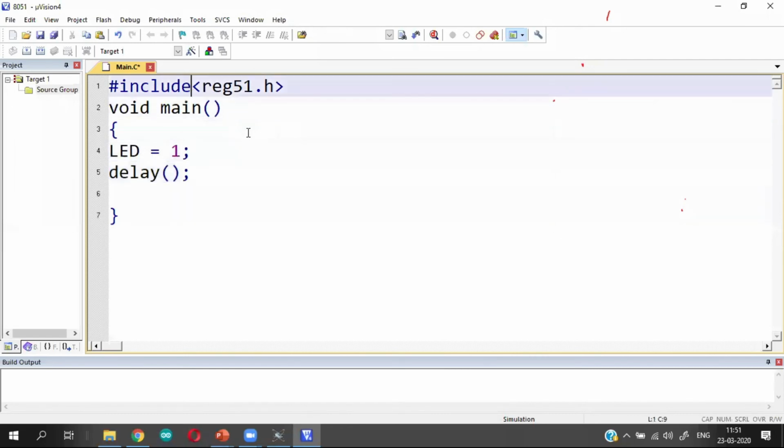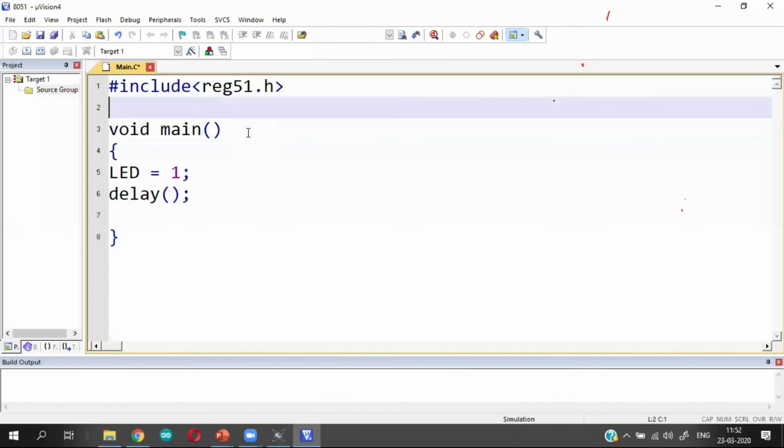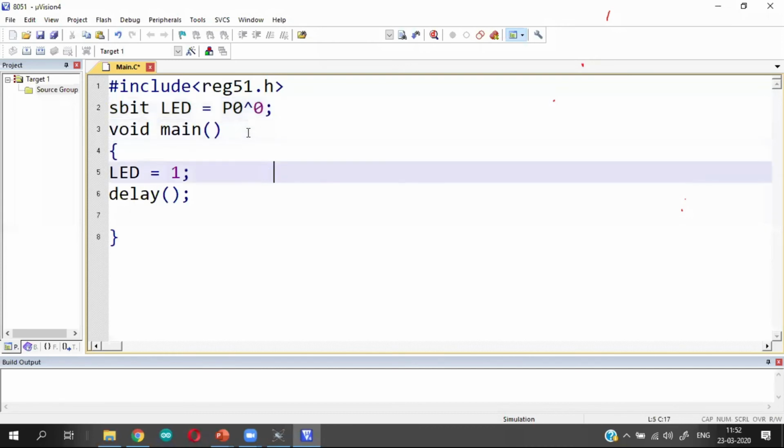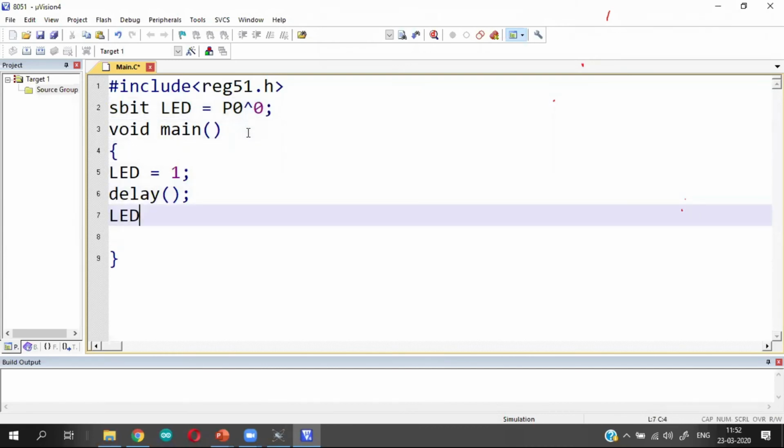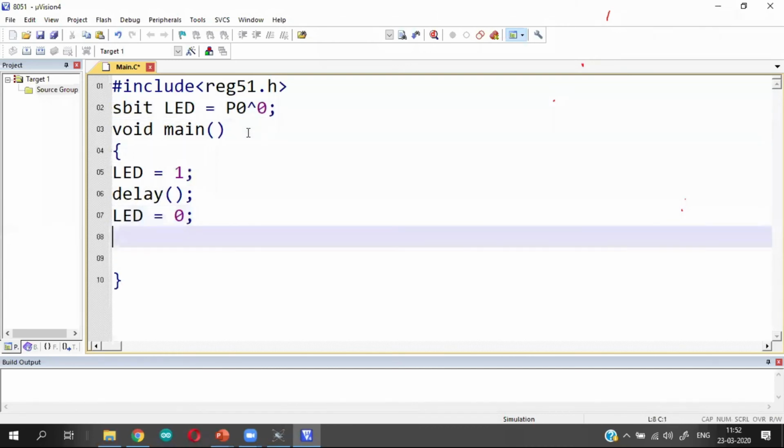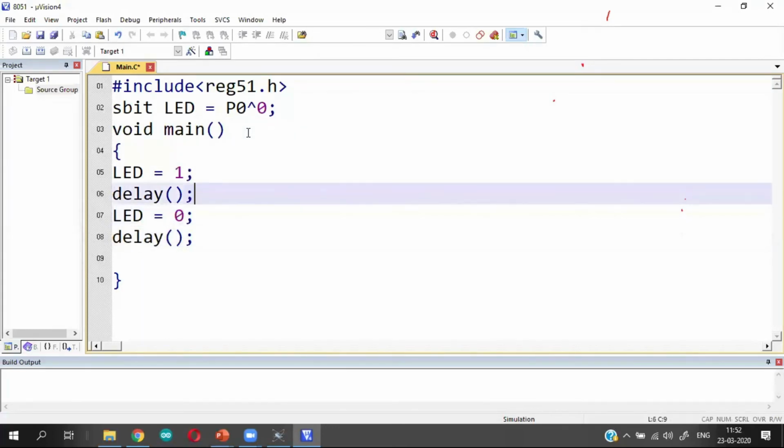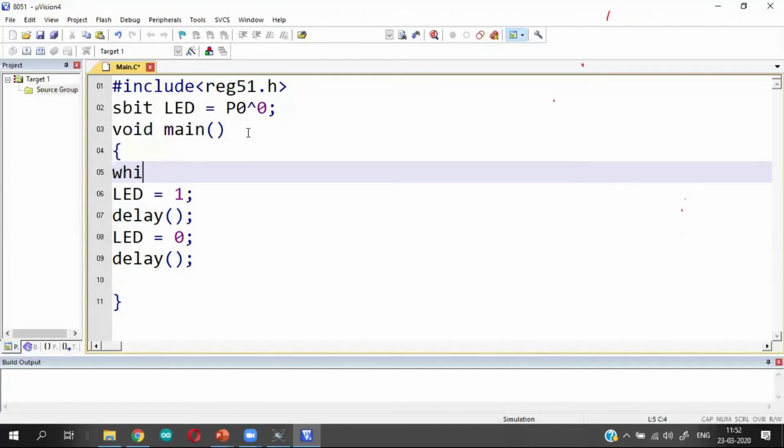So the moment I use LED equal to 1, I have to define what is LED. LED is defined as sbit. sbit LED is assigned to port 0, bit 0, let us say. And then I put LED equal to 0, and again I call the delay. I do this indefinitely.